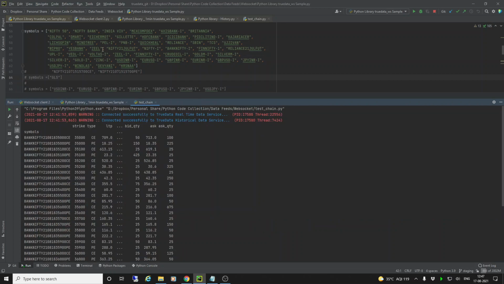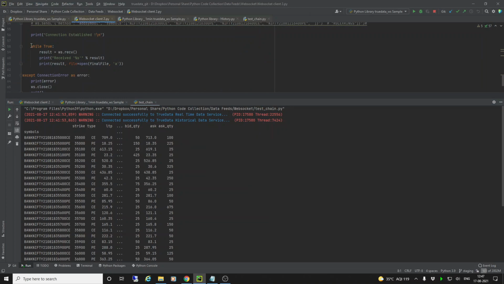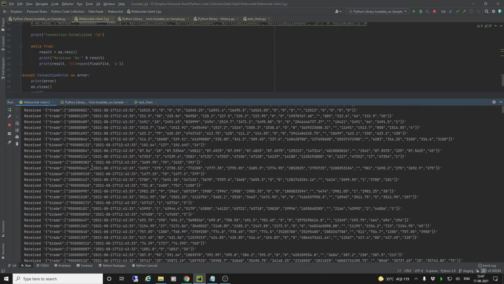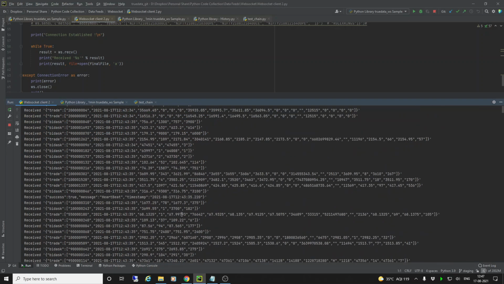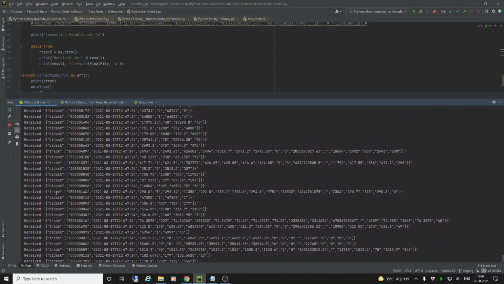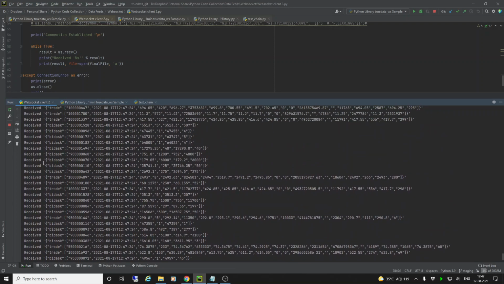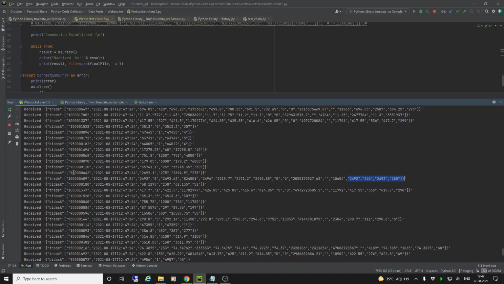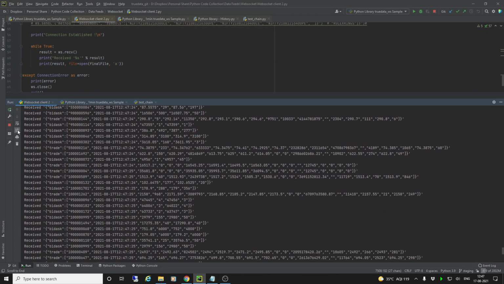Then suppose you're not using the Python library and just running the raw code. This is all you need to run, and you will see it here. All the code is running here from this library. You can see the bid ask packets which are coming, and then the trade packets also which are coming, which also have the bid ask packets in the end. So this is how this is coming.